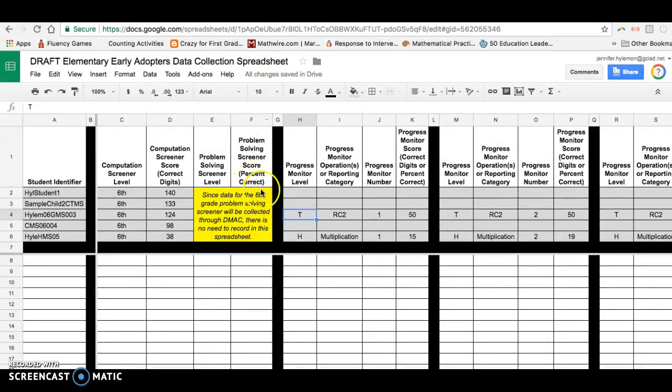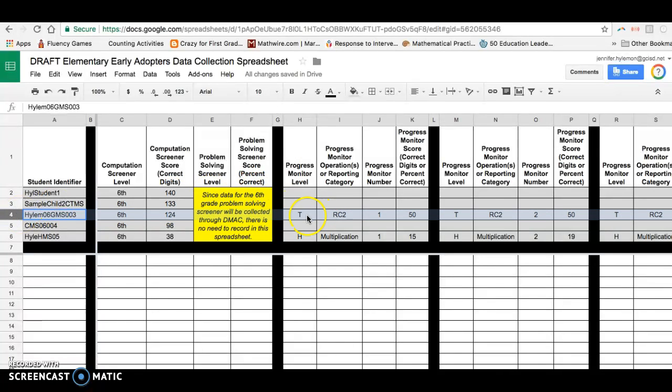And what we would ask to be recorded is the level of the progress monitor, in this case level T, which reporting category for the problem-solving monitors, in this case reporting category 2, which progress monitor number we're using, progress monitor 1 in this case, and then the percent correct the student scores on that progress monitor, in this case 50% correct. And then as we keep monitoring the student, whether they're tier 2, and it looks like the student